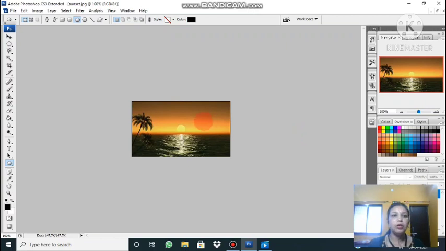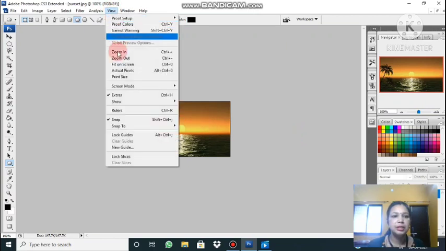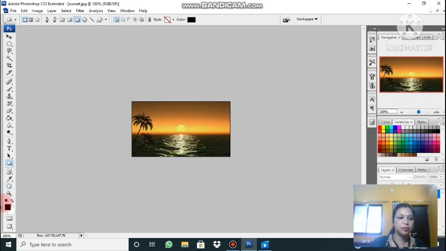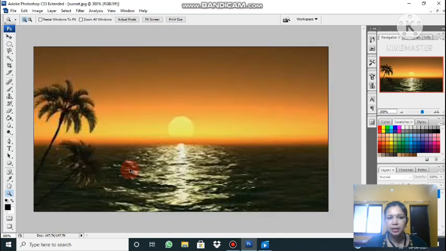If you want to zoom in, if you want to increase the size of the image, all the options are given in the view menu. You can see zoom in, zoom out, fit on screen, and actual size. Zoom in means you are going to increase the size. Click on the zoom tool, the magnifier one. You can see the icon. Now press Control and then the plus key. It will zoom in. Can you see? It's getting increased. Now the selection part becomes easier. If you want to decrease the size, Control minus.